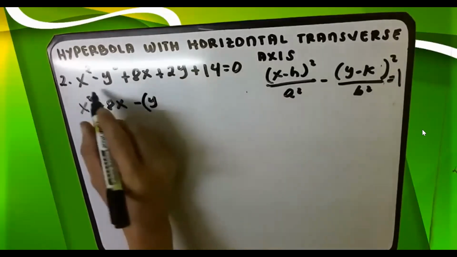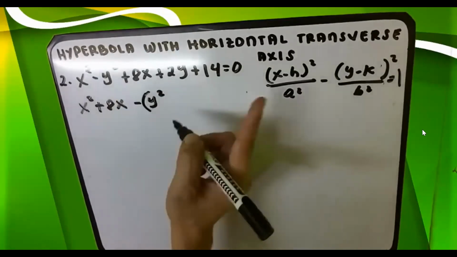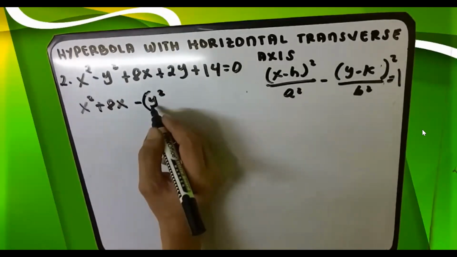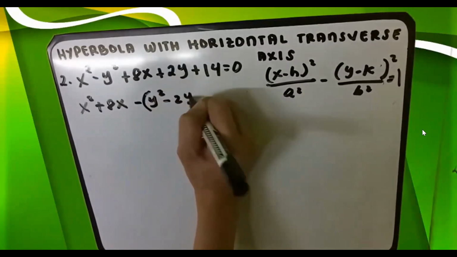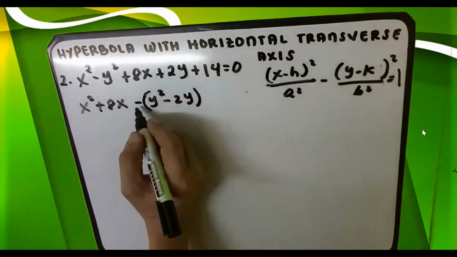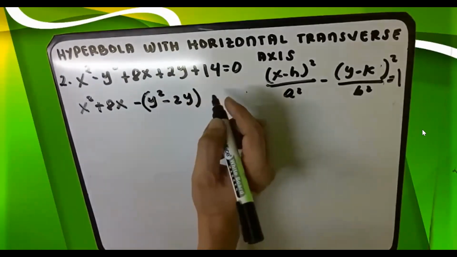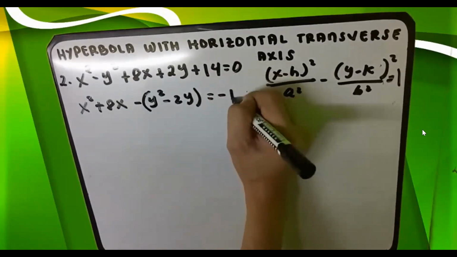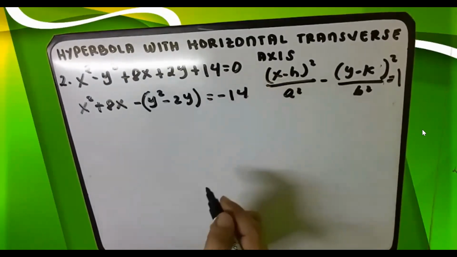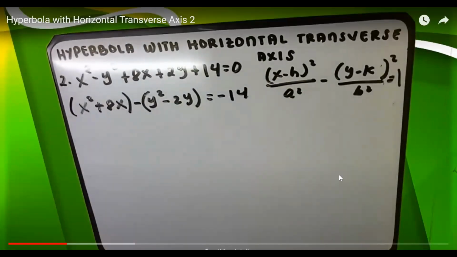ng parenthesis, yung negative ay ilabas natin, and then si y square, ilagay natin sa loob ng parenthesis, pero positive na siya. And then yung another y magiging negative naman, so from positive naging negative, kasi inilabas natin si negative sign. So naging positive si y, naging negative si 2y. And then, si positive 40 magiging negative 14. And then using the perfect square method,